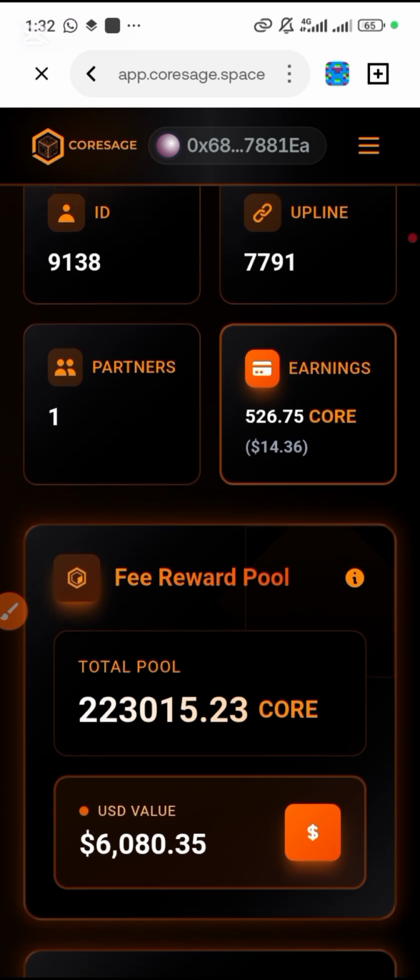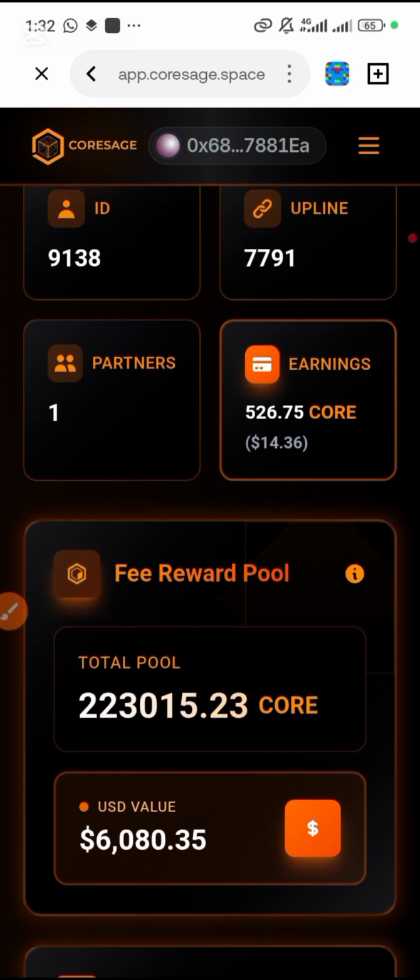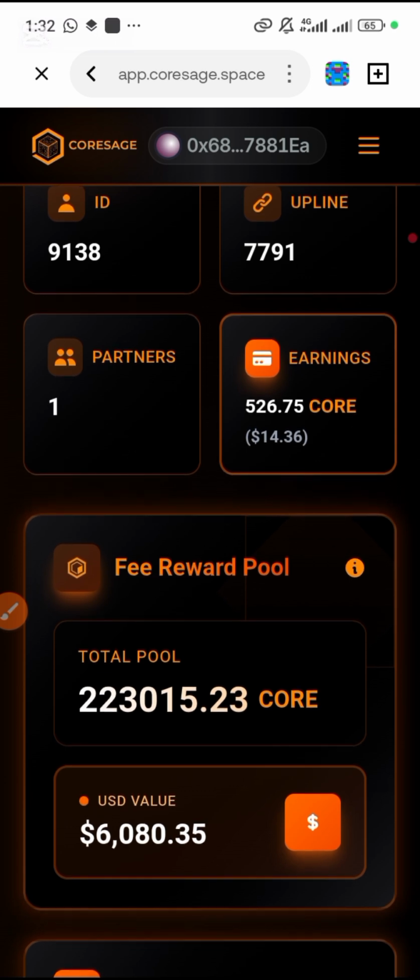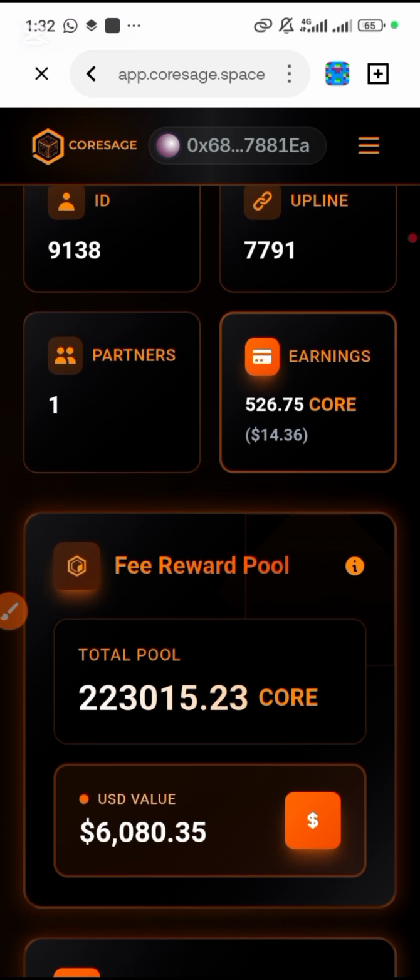Though not financial advice, we all know that everything online is not 100% guaranteed. In fact, everything in this life is not 100% guaranteed. But the way they built this Coresage is giving us at least 70 to 80% that it is going to be a long-term project. Okay,